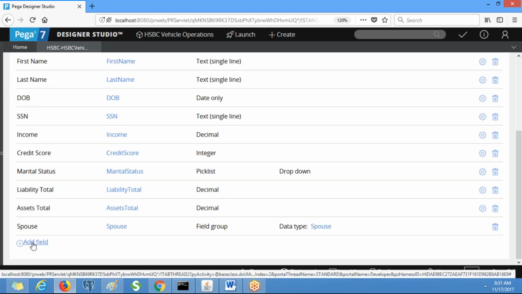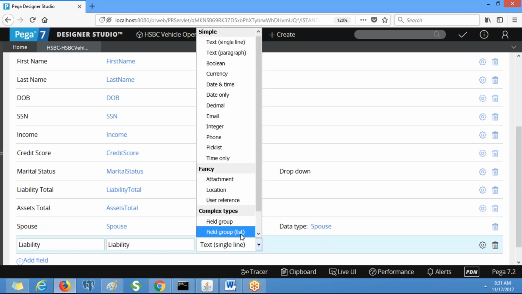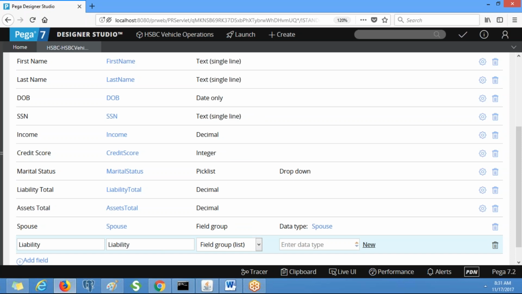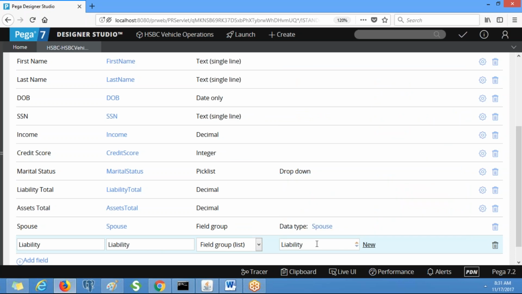Add a field called liability. This is a page list property. You need to select field group. The data class name is liability.